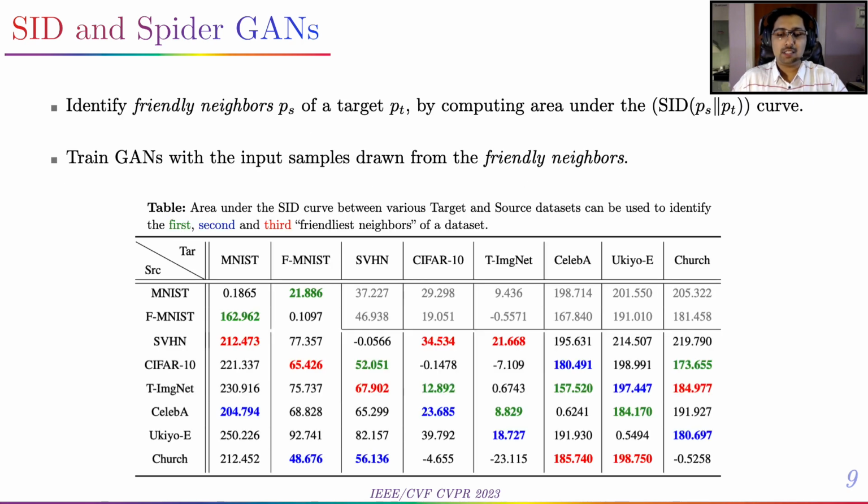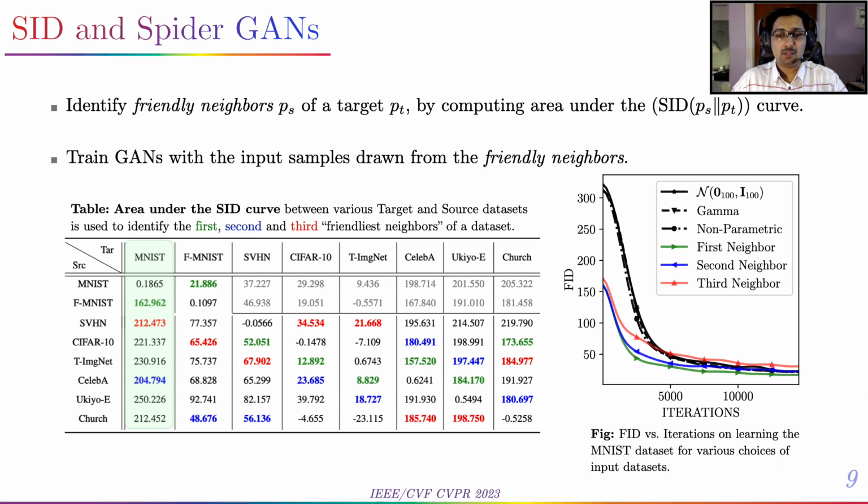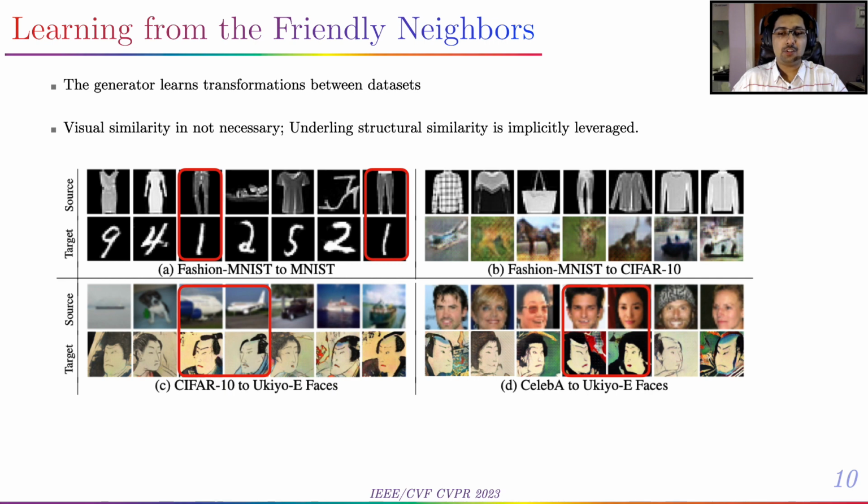The table here summarizes the area under the SID curve for various pairs of source and target datasets considered. As an example, considering MNIST, we observe that the performance of the GAN significantly improved when training with friendly neighbor inputs, both in terms of FID convergence rates and the converged FID score itself. Spider GANs are able to discover structural similarity between the input and output stages. In the case of the trousers in Fashion MNIST mapping to the digit class 1, this correlates with visual similarity. While in the case of the airplane class in CIFAR 10 clustering to the male ukiyo-e faces, the structural similarity